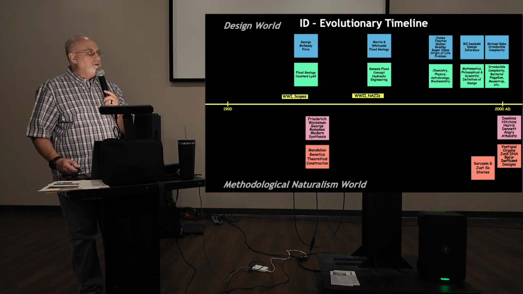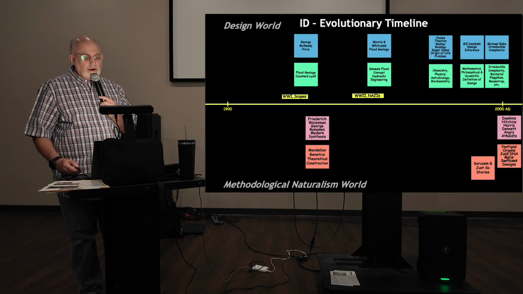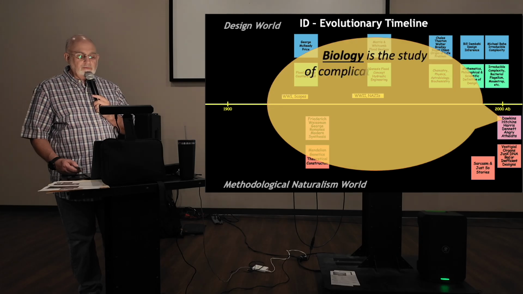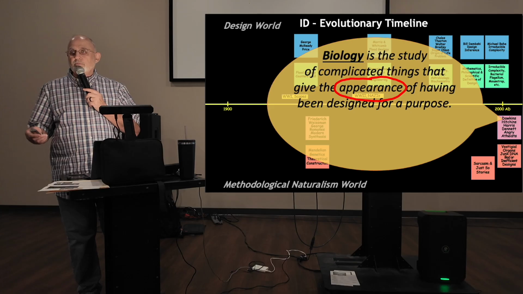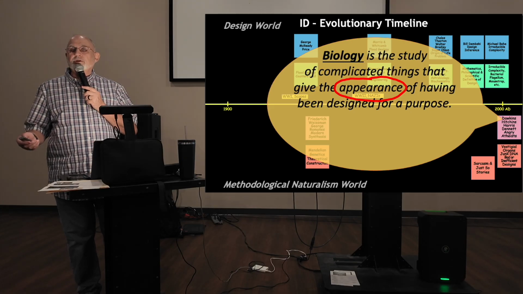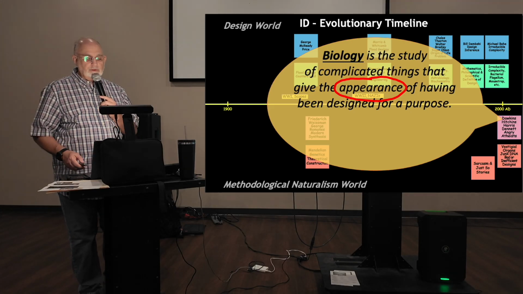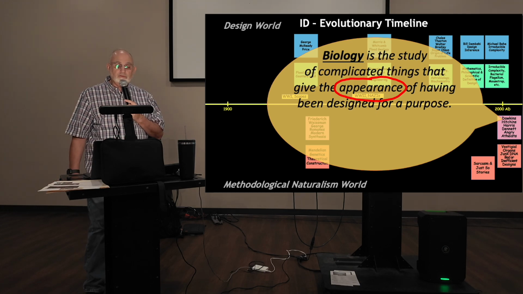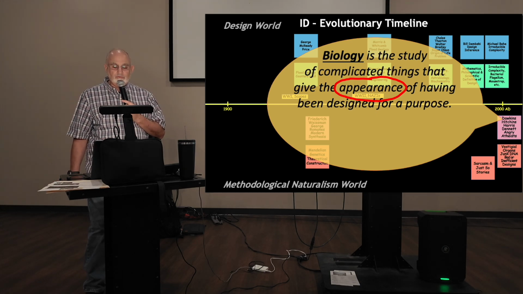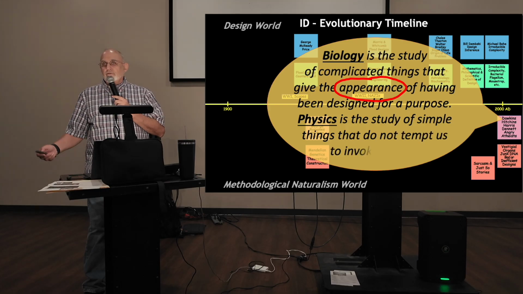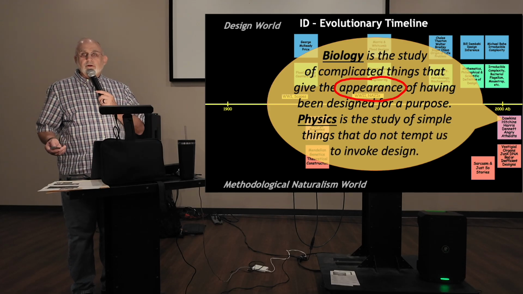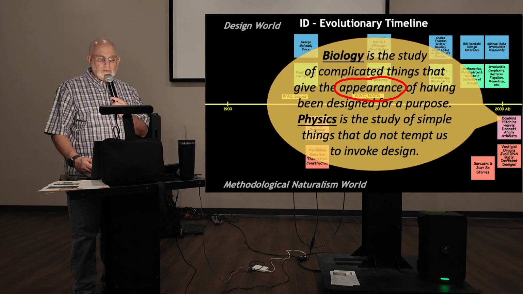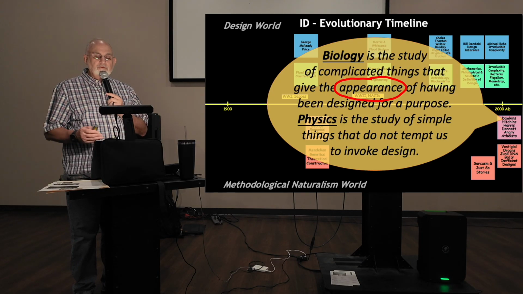But what Dawkins says is biology is the study of complicated things that have the appearance of having been designed for a purpose. So he's trying to discount the purpose that we see in biology by ridiculing it, basically. And he says physics, on the contrary, is the study of simple things that do not tempt us to invoke design. So he kind of plays into good rhetoric but bad argumentation. And so what happens after that,